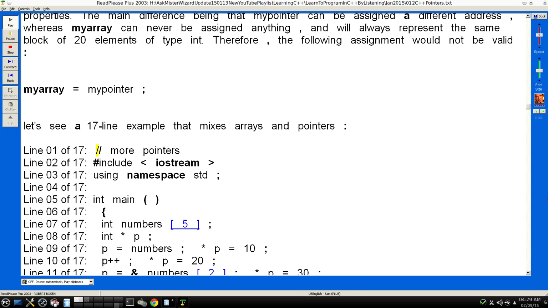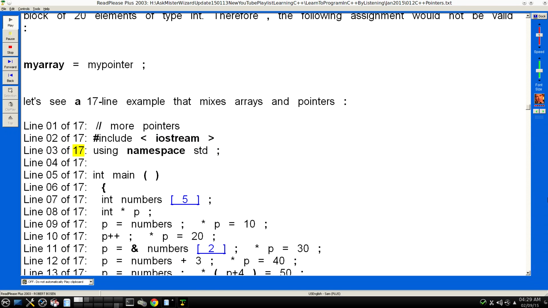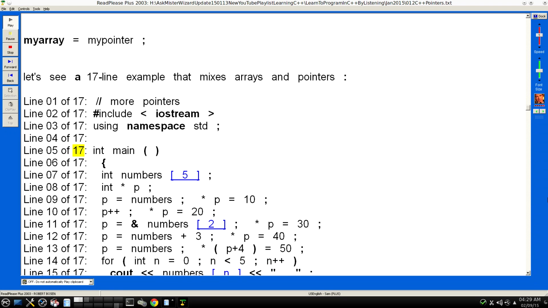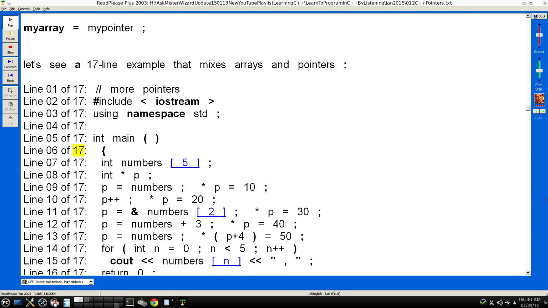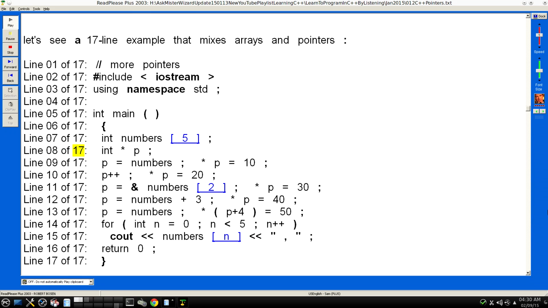Line 01 of 17: // more pointers. Line 02 of 17: #include <iostream>. Line 03 of 17: using namespace std; Line 04 of 17. Line 05 of 17: int main() Line 06 of 17: { Line 07 of 17: int numbers[5]; Line 08 of 17: int * b;